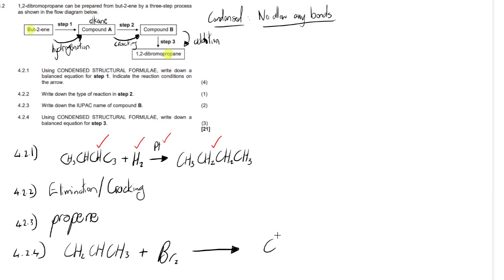Yes, so the product will be CH2, CH, CH will be CH2, CH, then Br. The bromo will be connected to the CH. Yeah. So I would maybe, with how I've drawn it, okay, so you're right. You can say that CH2,